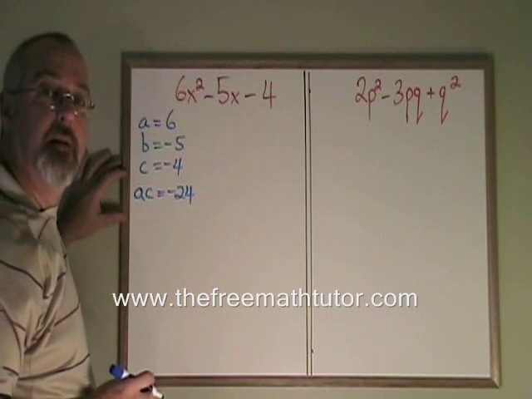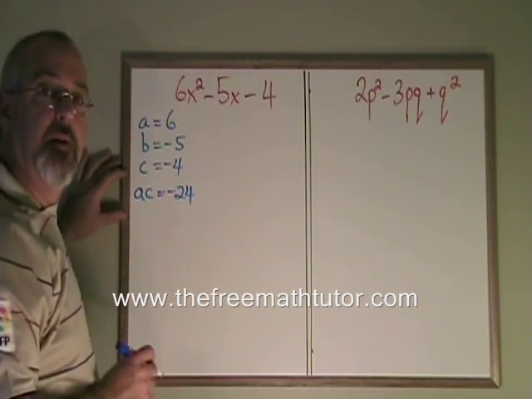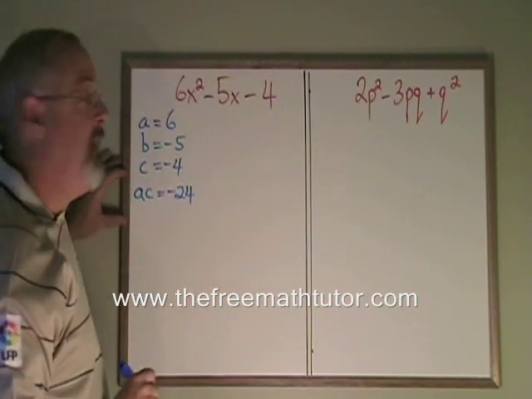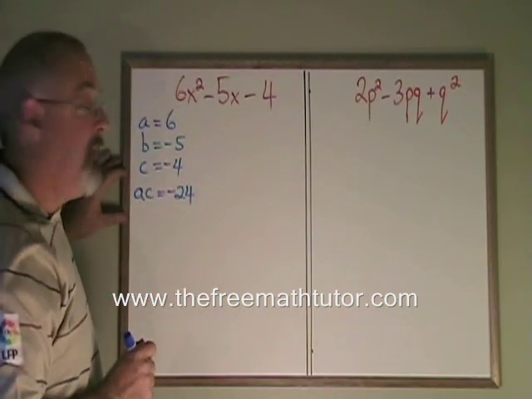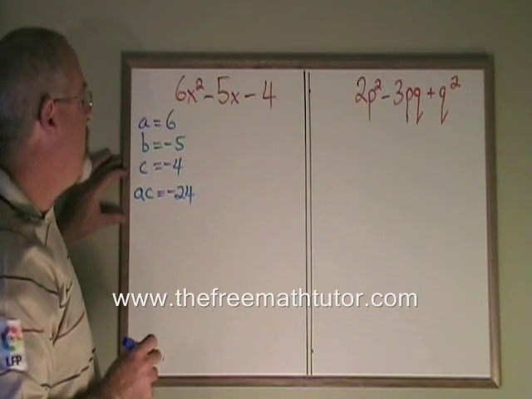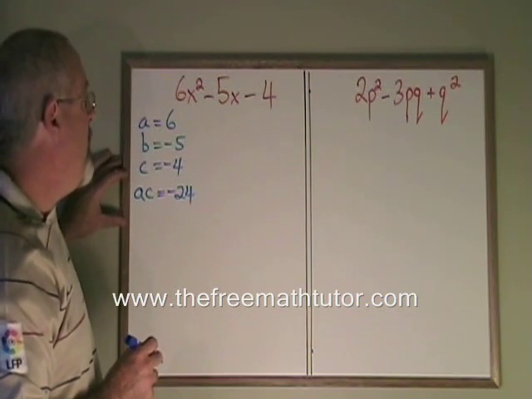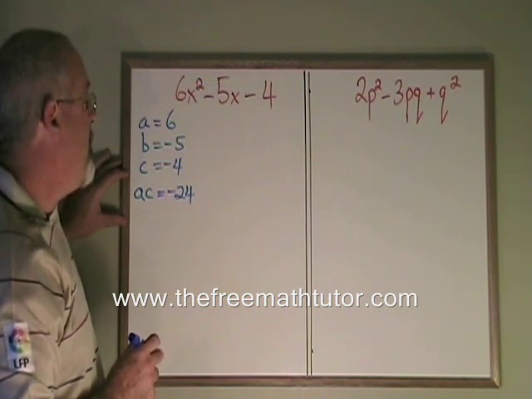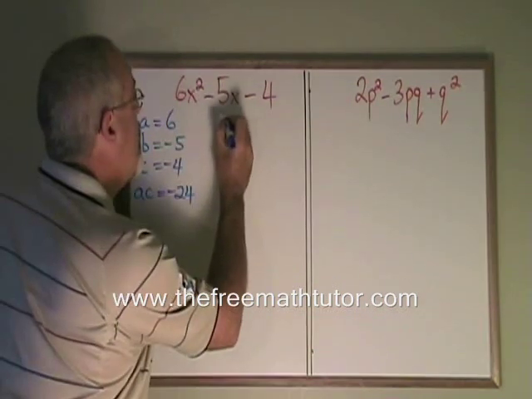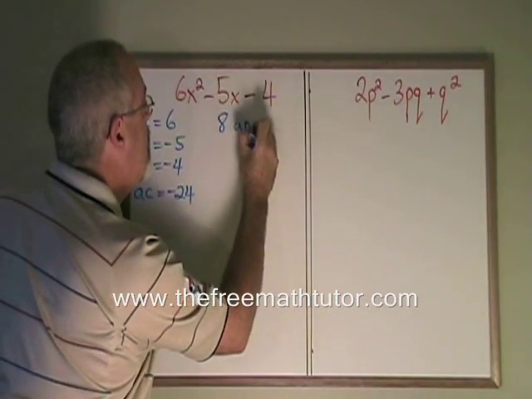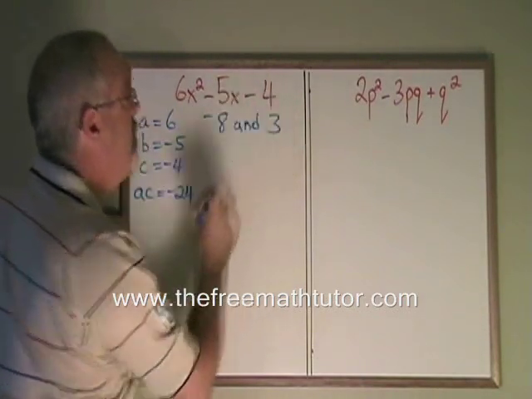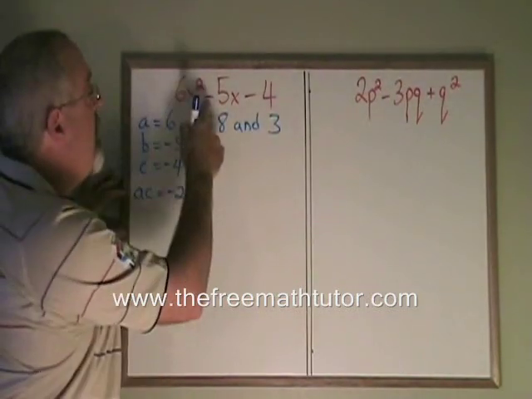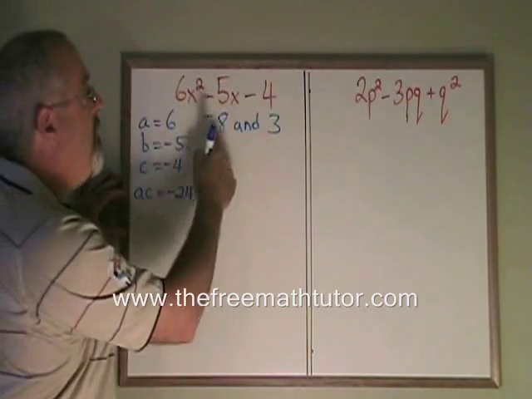The question we ask is a little bit different. Now we are saying, what two numbers multiply to give AC, -24, and add to give B, -5? The two numbers that multiply to give -24 and add to give -5 are -8 and +3. So we write those, -8 and 3. Now we rewrite our expression so that instead of -5, we write both of these numbers in